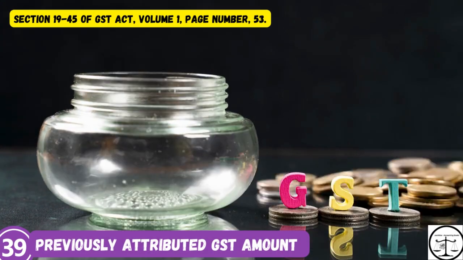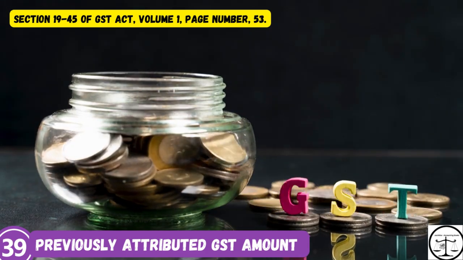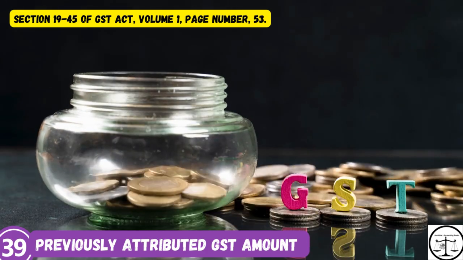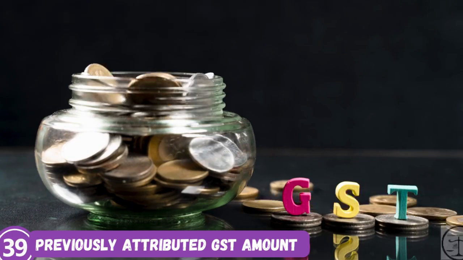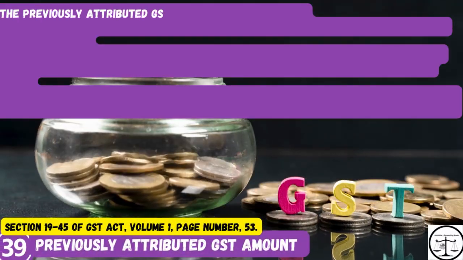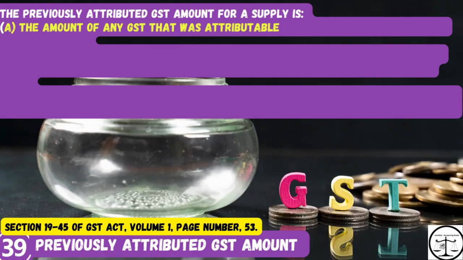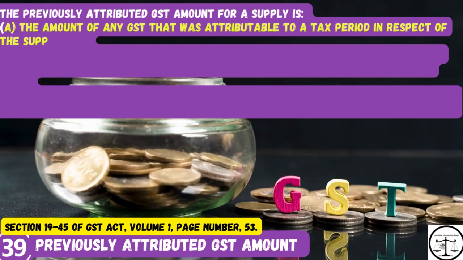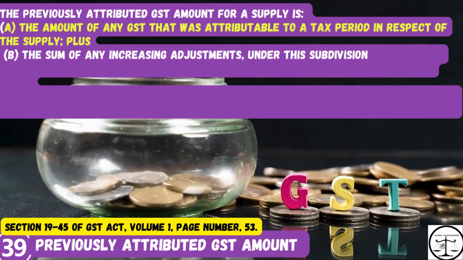Next word. Word number 39. Previously attributed GST amount has the meaning given by Section 19-45. That is Section 19-45 of GST Act, Volume 1, page number 53. The previously attributed GST amount for a supply is A. the amount of any GST that was attributable to a tax period in respect of the supply, plus